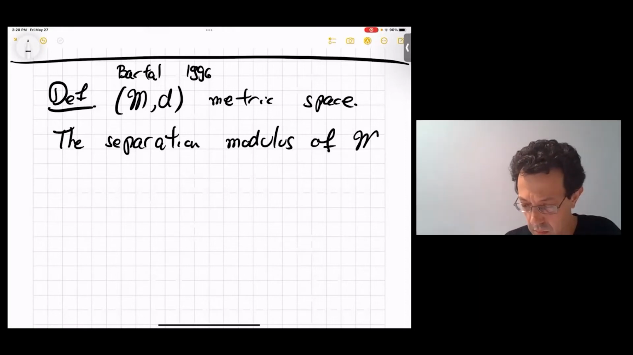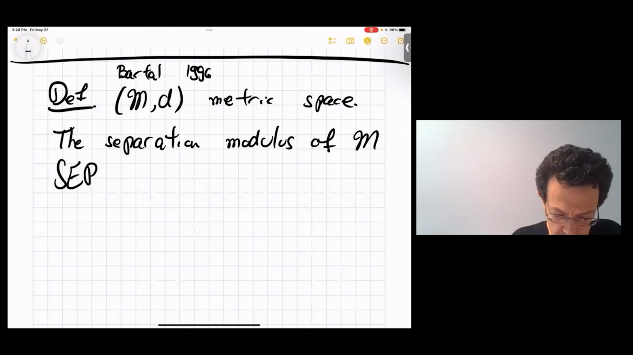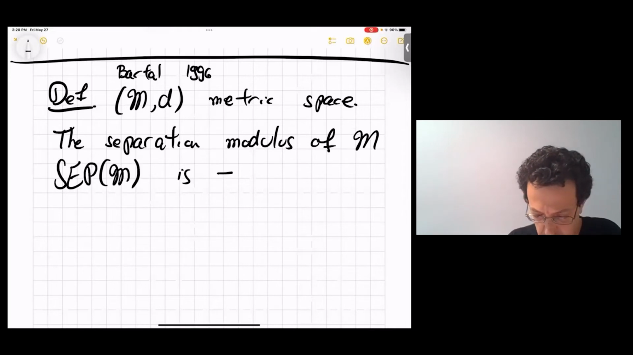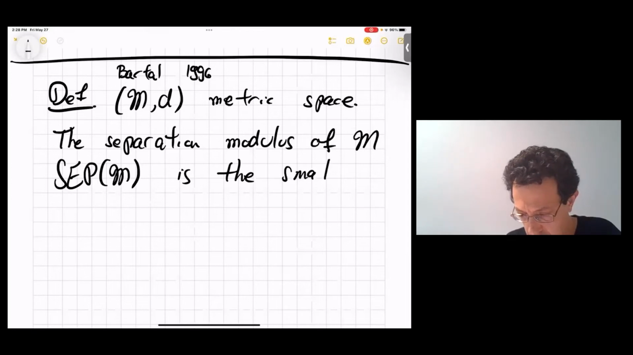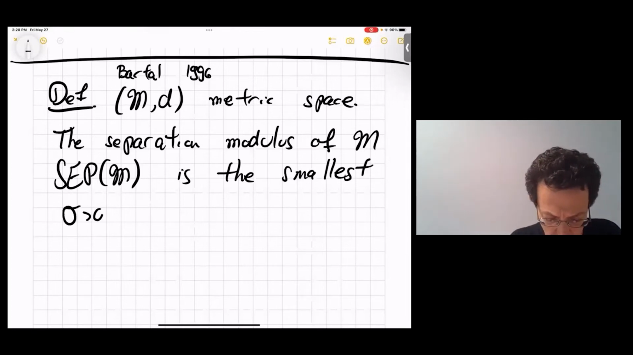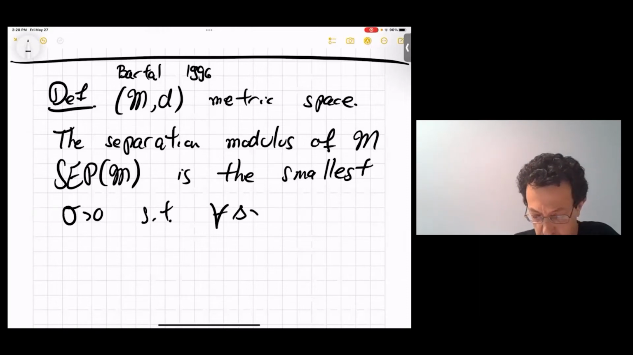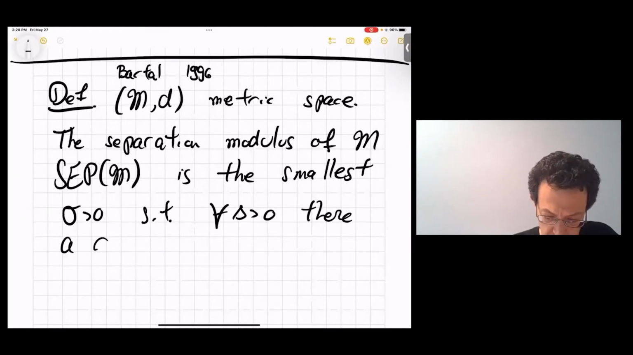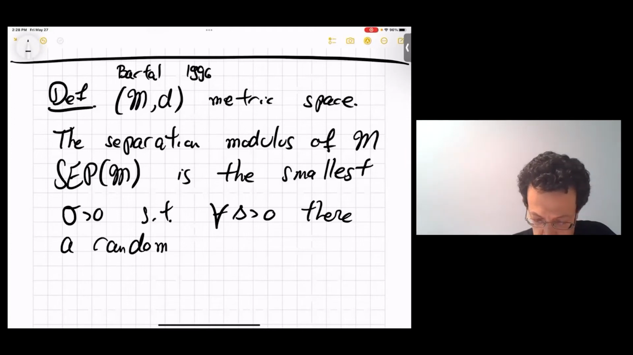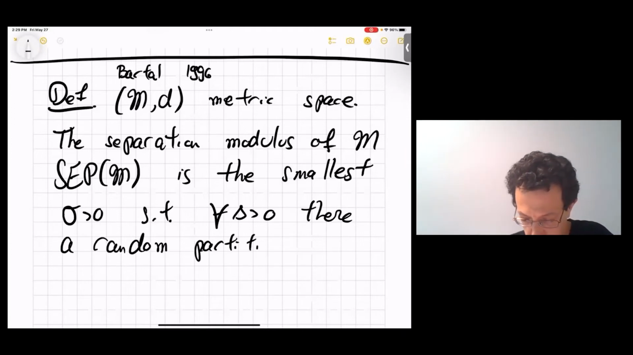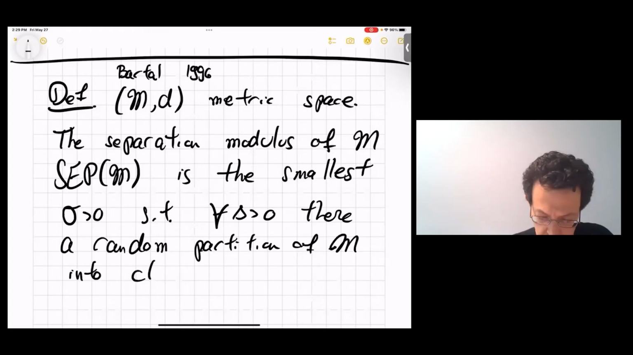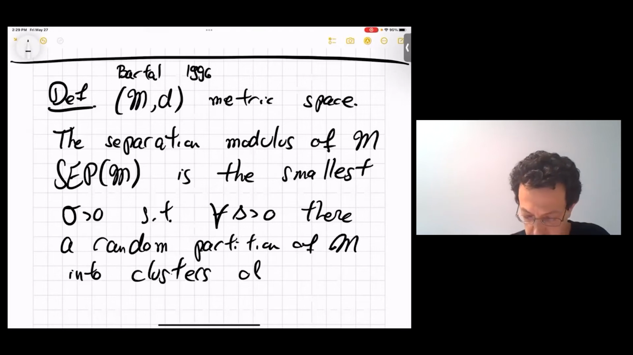The separation modulus of M, denoted sep(M), is the smallest sigma, I'm guessing that most people in the audience have seen this before, such that for every delta bigger than 0, there is a random partition of M into clusters of diameter at most delta,